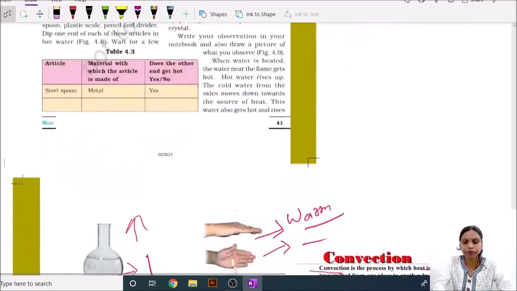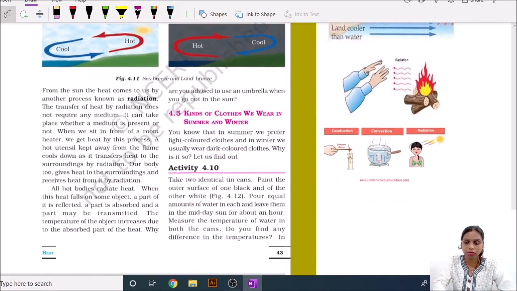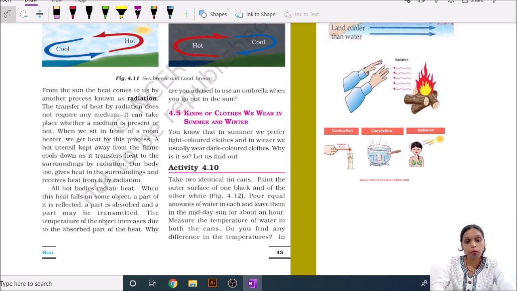Okay, then this is also a type of insulator and conductor, and you experience such things in your day-to-day life. Another process by which heat is transmitted from one place to another is called radiation. Whenever heat is transferred from one place to another without any medium,